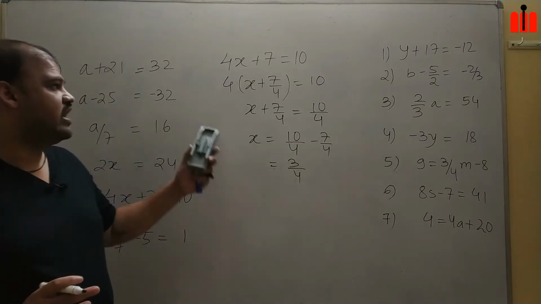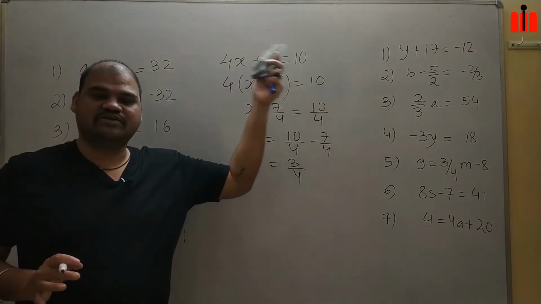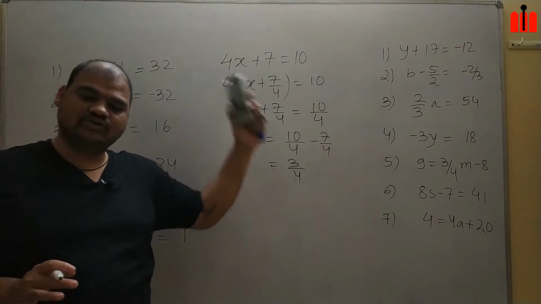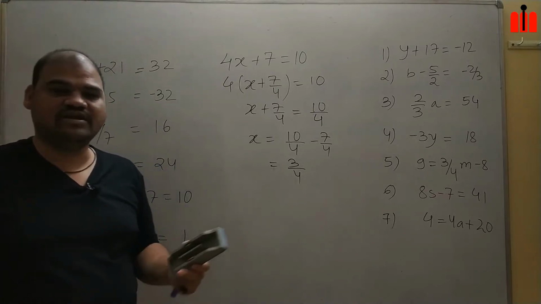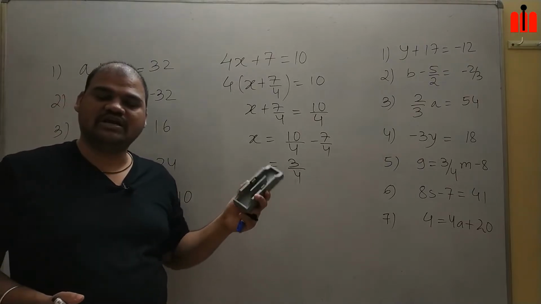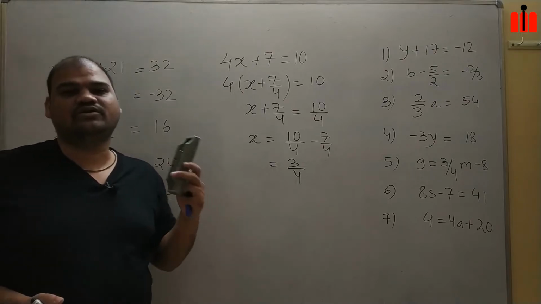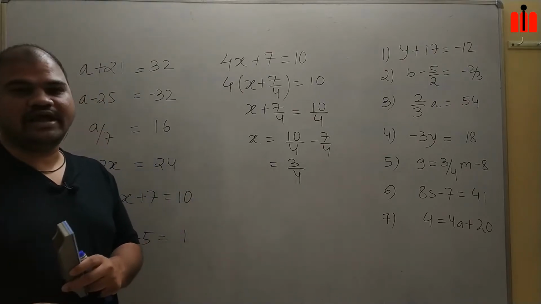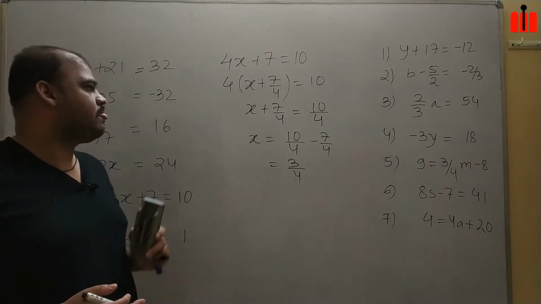Okay. So I had solved this problem in 2 methods. First, I had transferred plus 7 from LHS to RHS. So plus 7 had become minus 7. So 10 minus 7, it is 3. So 4x equals 3. So 4 is in multiplication. It will go to RHS. It will become 3 by 4. So x will be equal to 3 by 4. Right? Because 4 is in multiplication, once it goes to RHS, it will become division.